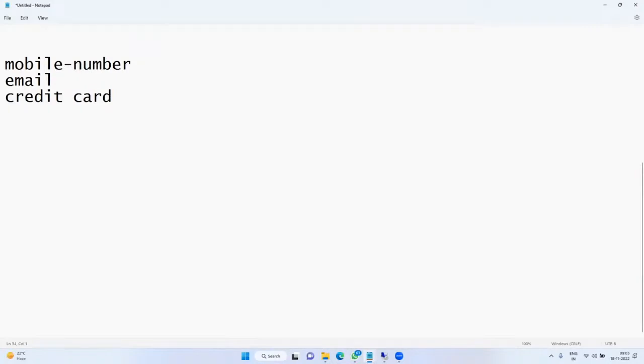If you would like to create another subscription, you need to change the mobile number, email address, and credit card number as well. By chance, if you are using the same mobile number and same email ID, even if you have changed to a different credit card, it won't accept. Suppose the name on the credit card is not matching? That doesn't matter. Name and all doesn't matter. You can use anything, no issues.